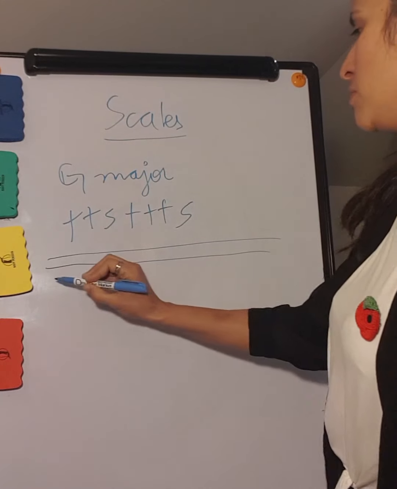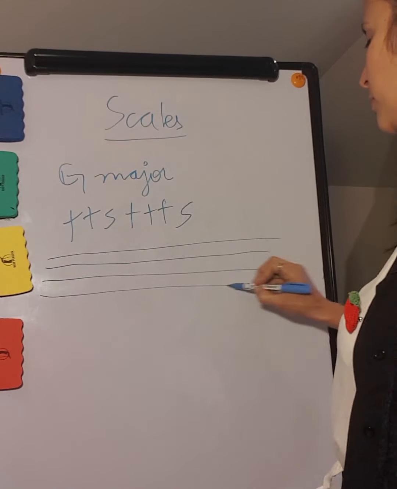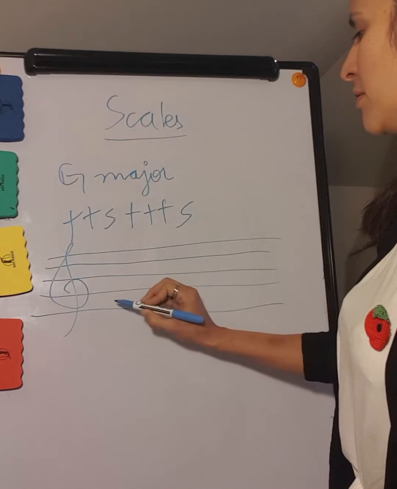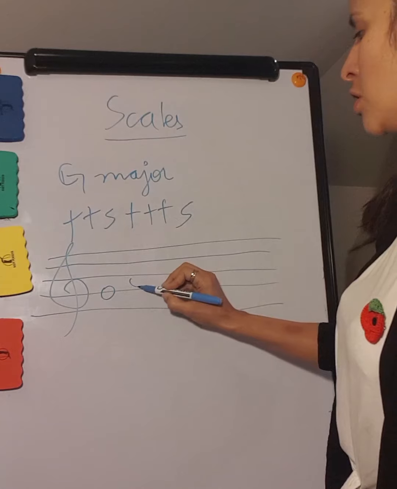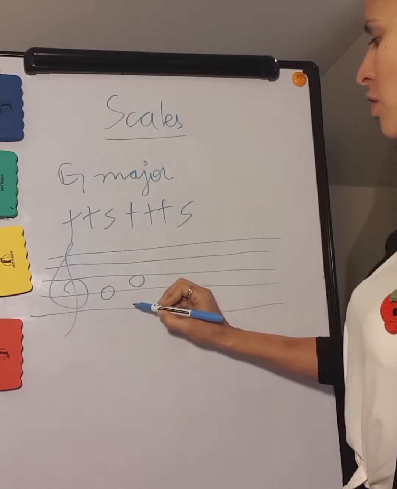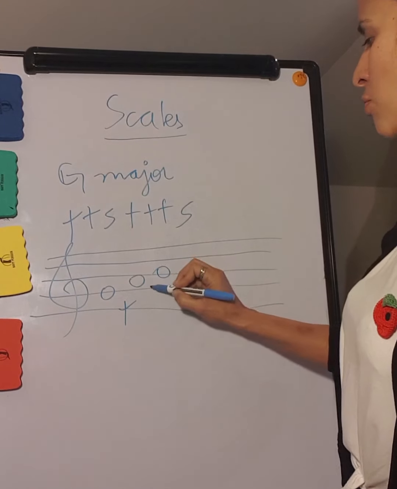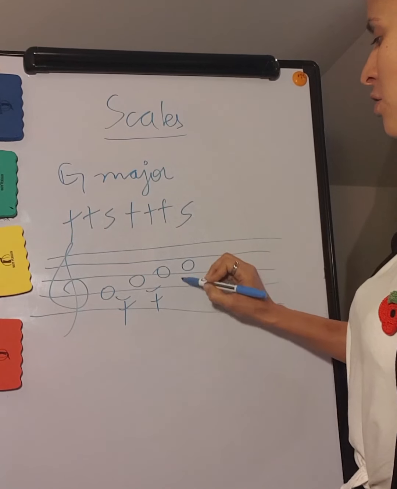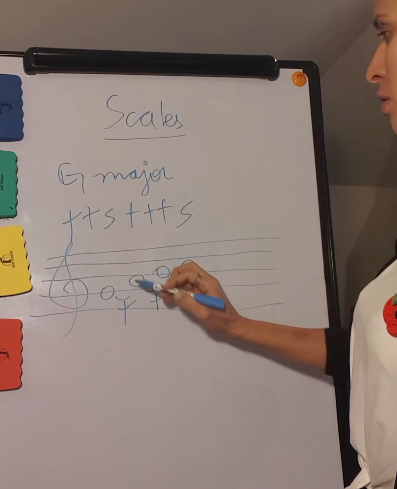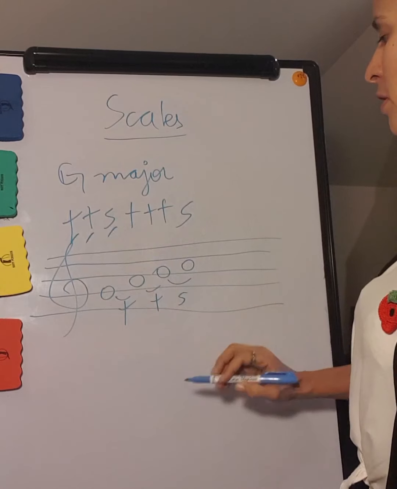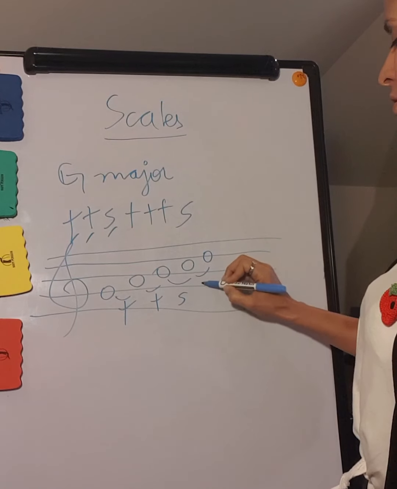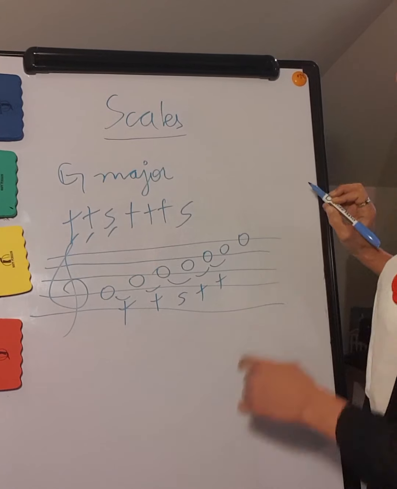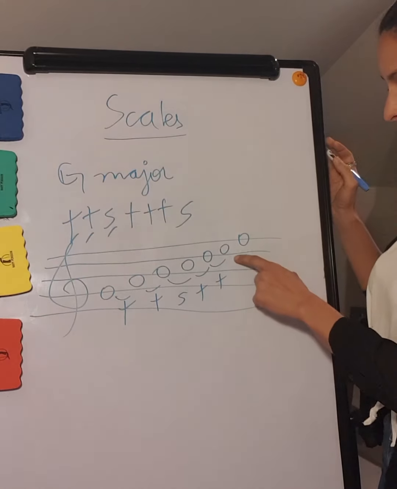If we talk about G major scale, treble clef here, then we start from the note G. G to A, we have a tone. A to B, another tone. B to C, semitone. Okay, tone, tone, tone, semitone. C to D, another tone. D to E, another tone. E to F, we have a semitone